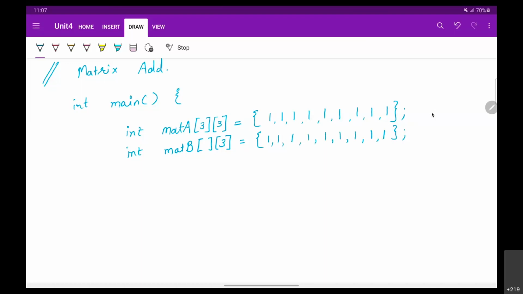So I've given total 9 values here. 9 values, 3 columns, so 9 by 3, there will be 3 rows. And then I will also require another matrix C of 3 cross 3 size, so that inside that I can store the final answer, right? So these are the declarations.